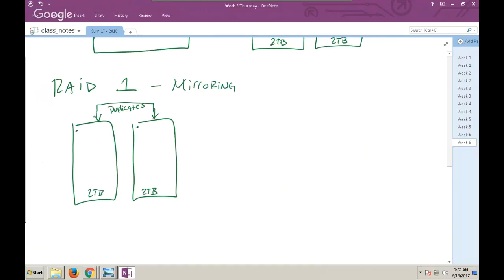Because these drives are separate physical drives, do I have to remain linked in terms of track and sector and those read-write heads and where they're located on the surfaces? I don't need to stay linked anymore. I can have one reading here and another one reading over here. So I can read twice as fast, but my write is still the same. Right, it has to sync up again.